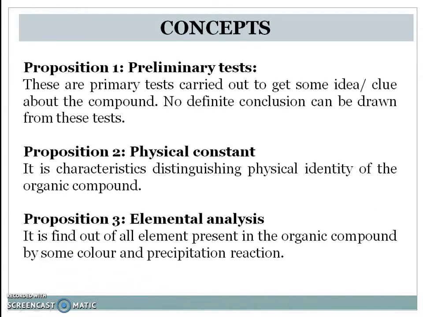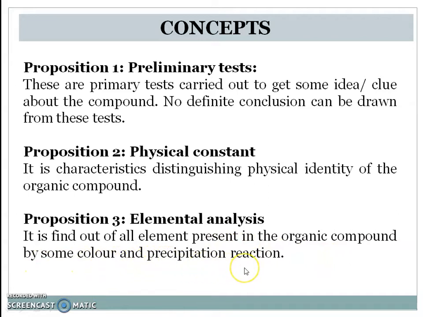Concept for today's practical: Proposition 1, preliminary test. These are primary tests carried out to get some idea, clue about the compound. No definite conclusion can be drawn from this test. Proposition 2, physical constant. It is the characteristic distinguishing physical identity of the organic compound. Proposition 3, elemental analysis. It is to find out all the elements present in the organic compound by some color